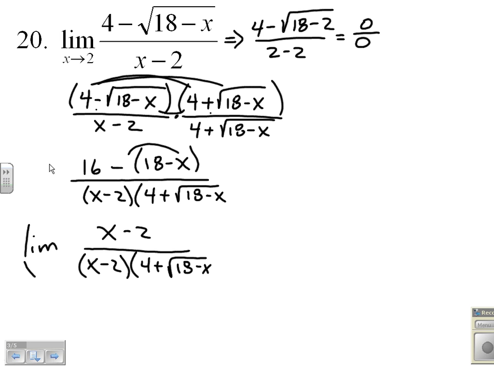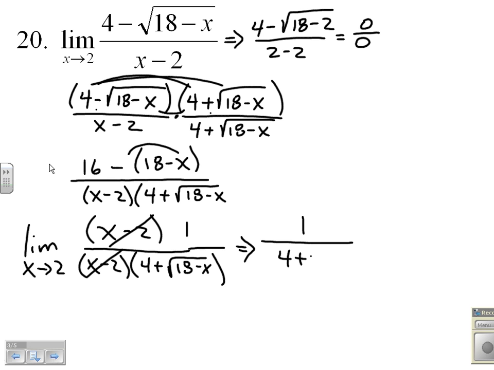This again is the limit as x approaches 2, and we can now clearly see why putting a 2 in there gave us some problems. But if those cancel, it's worth giving 2 another shot, direct substitution. So we end up with 1 on 4 plus square root of 18 minus, direct substitute 2 in, and we get 1 on 4 plus square root of 16, 4 plus 4,